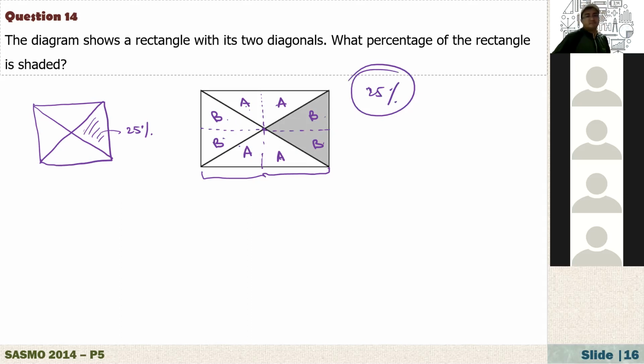Yes. Yes, you are right. 25%. Why? Because when you draw a diagonal, this side is equal to this side, and this side is equal to this side, right? And all of these triangles are